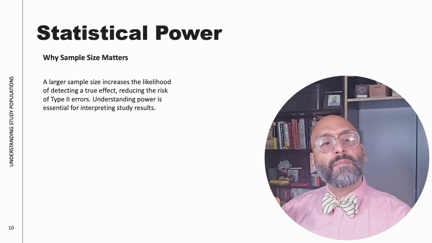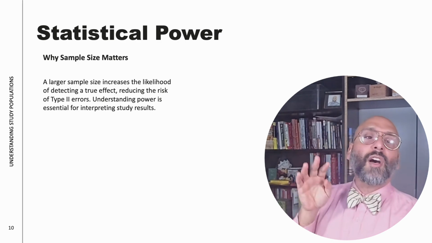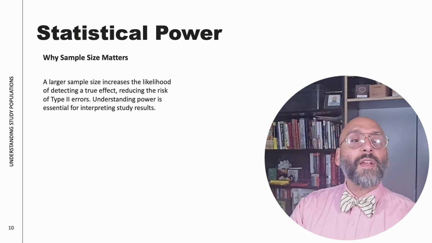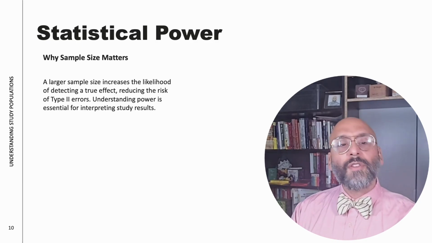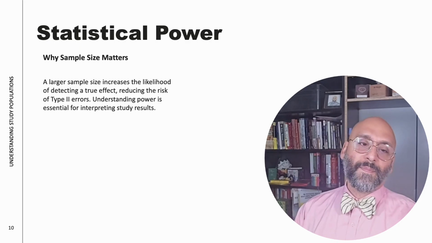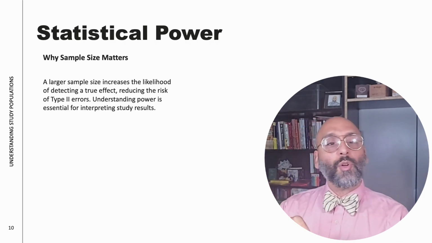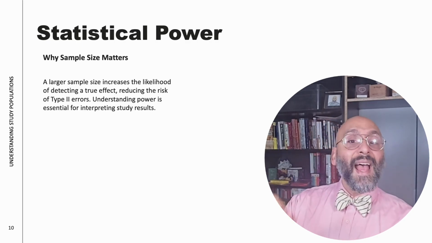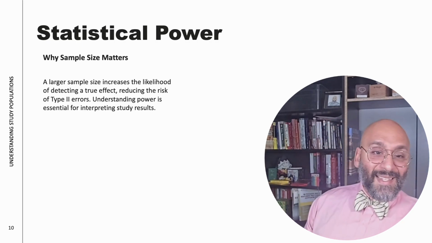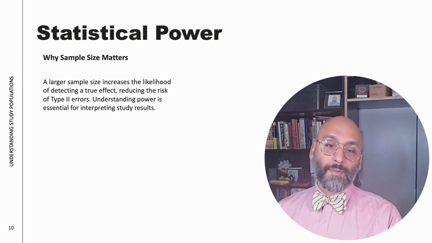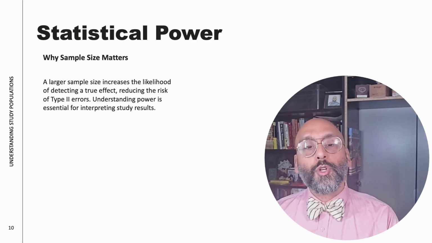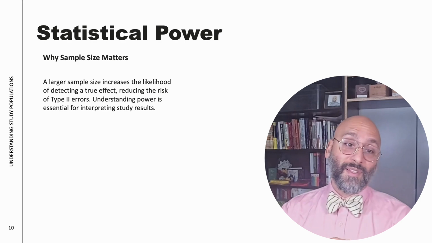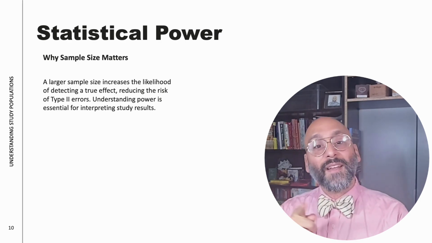Variability matters because the more heterogeneous the population, the harder it is to detect a consistent change. Also, psychiatric symptoms vary widely between individuals, which further challenges the power of a study. And finally, the significance threshold, typically set for a p-value of 0.05, sets how strict the study is about calling a result real. The smaller that number, the more strict it becomes. Stricter thresholds reduce false positives, but increase the risk of false negatives.